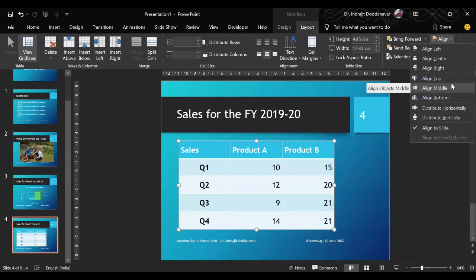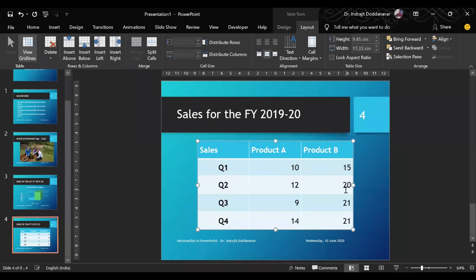So after selecting the table, I go to Layout, I go to Align, and I say Align Center. Just see the table, it will shift. When I click this, it has shifted from the present location to this location, because the center of this table and the center of the slide are the same.